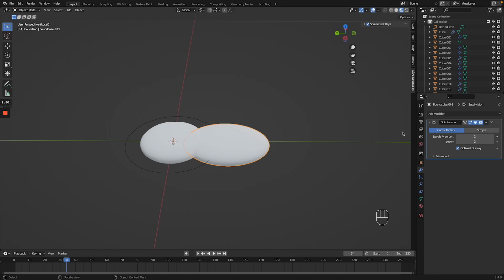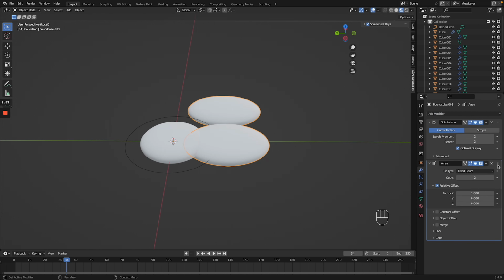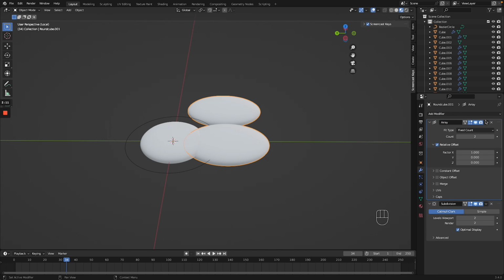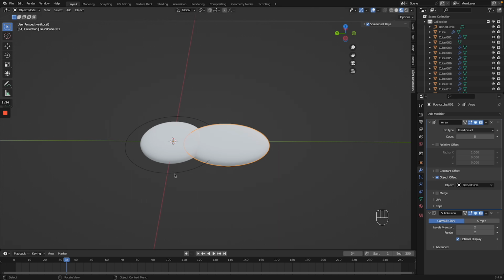We're going to select the petal, and we're going to add the array modifier. What I really like about this technique is that you can actually array the petals around the center. So it's really important to do this if you're making flowers or anything. It saves so much time, and it's honestly my favorite technique to do. So I'm very excited to be showing you. So we want to array before we subdivide, and we are going to select the curve as the